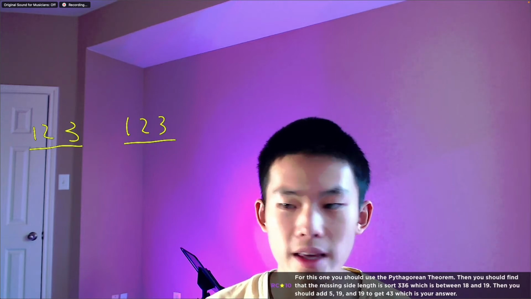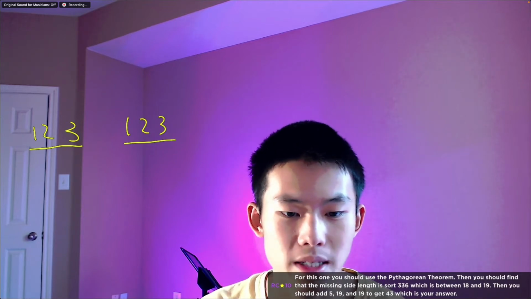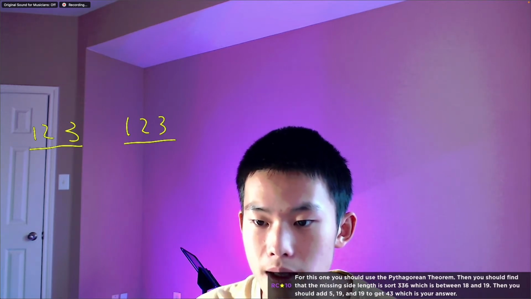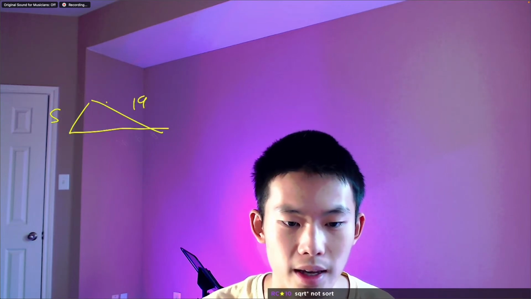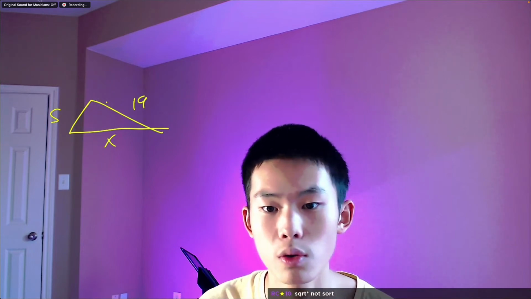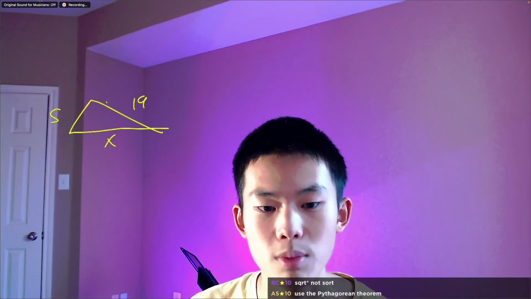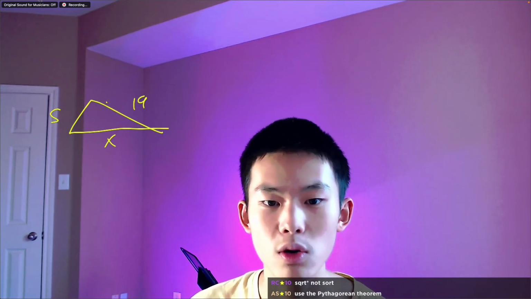If we have a triangle with a side length 5 and a side length 19, basically what this means is that we'll have one side with a side length of 5, one side with a side length 19, and then one mystery side. And we want to figure out what the maximum possible value of this mystery side's length can be. This is a little tricky because you might not think we want to use maximum for this problem, but we actually do, because we want the smallest whole number larger than the perimeter of any triangle. So for any triangle, we need to make sure that